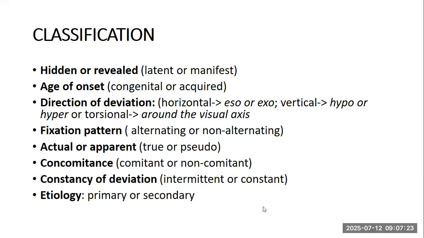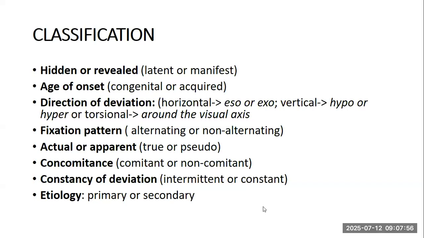Also, the age of onset of the strabismus is another way of classifying the strabismus. Is it congenital or acquired? Is it occurring before the age of 6 months or after the age of 6 months? So we want to know that. Then the direction of deviation. Is the deviation horizontal? If yes, is it towards the nose or away from the nose, towards the ear? Or is it up or down? Or is it torsional? Strabismus can be classified that way and can also be classified based on the